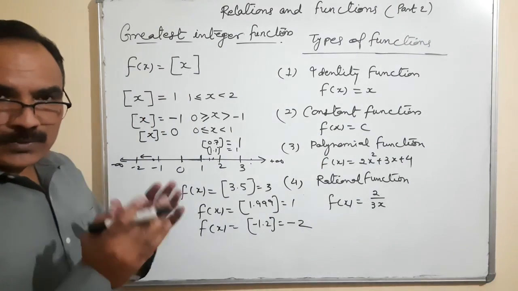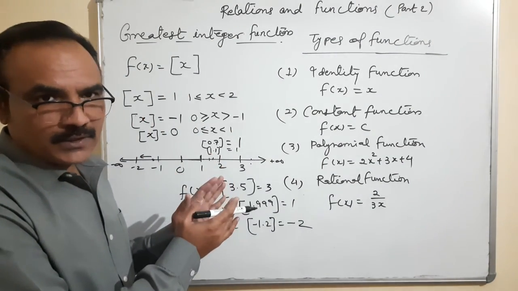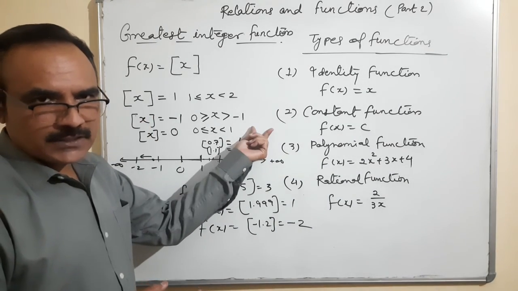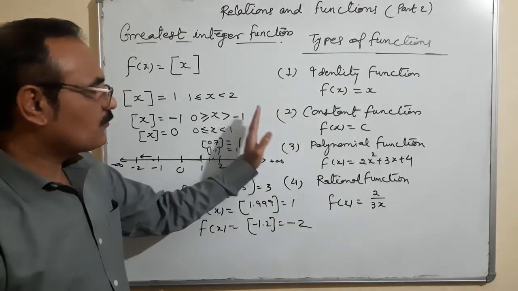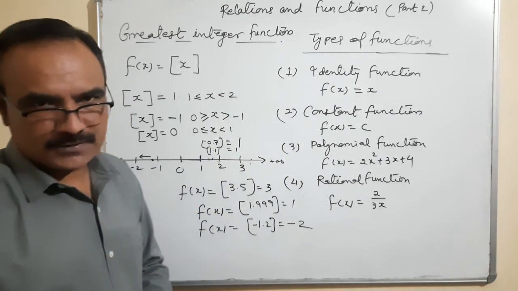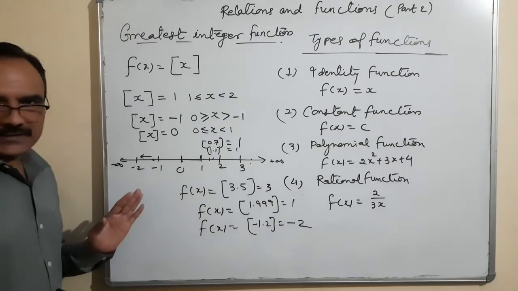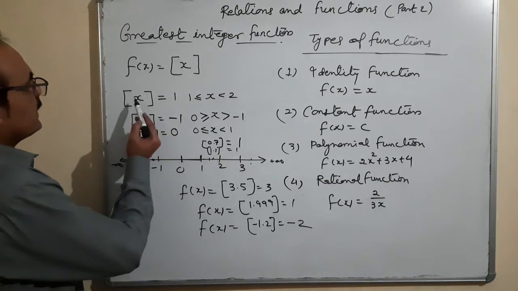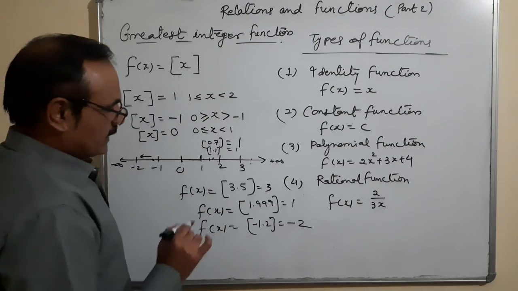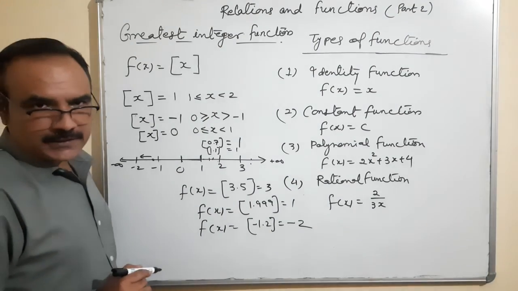Okay. So you will understand through the number line only. Whatever the number which is given in the greatest integer function, on the number line, the first integer to the left of that number will be the answer of it. You will remember like that. Is that clear? That is the picture. I hope you have understood it, all of you.